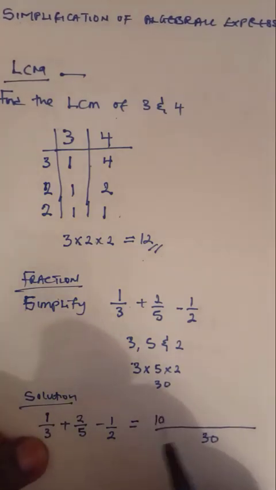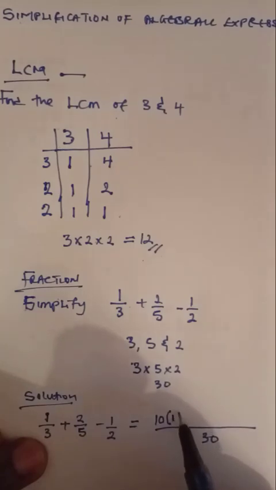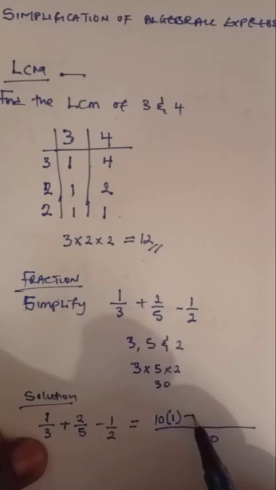You write down 10. Then you have this term at the top of 3, which is 1. You put it in brackets. You bring down this sign here, which is addition,